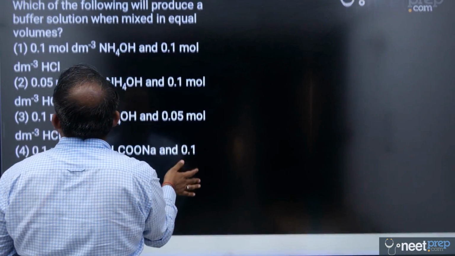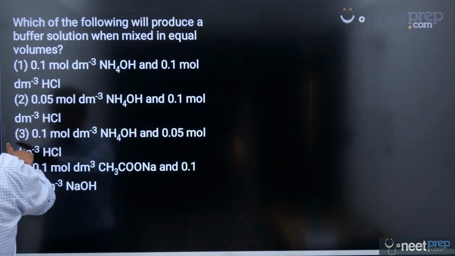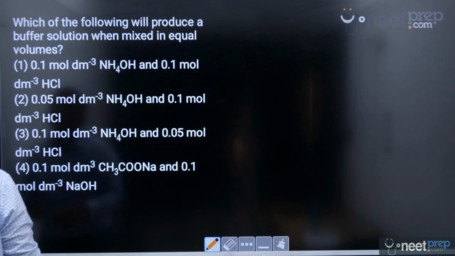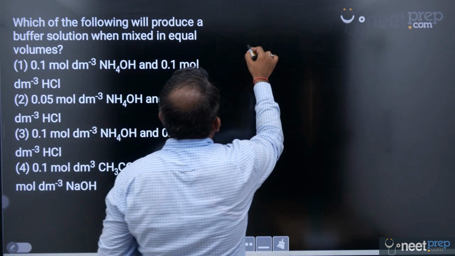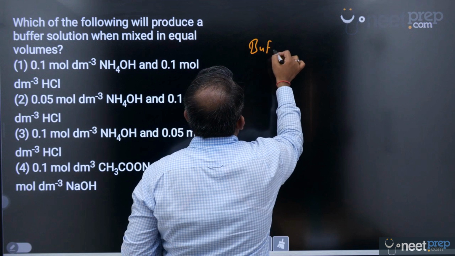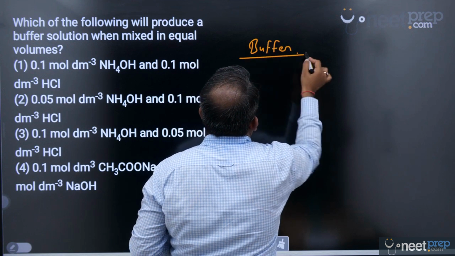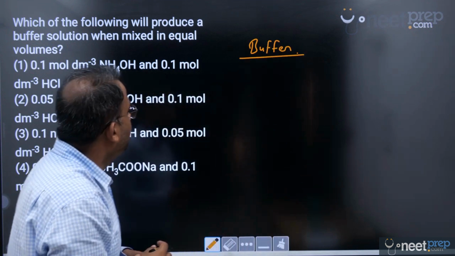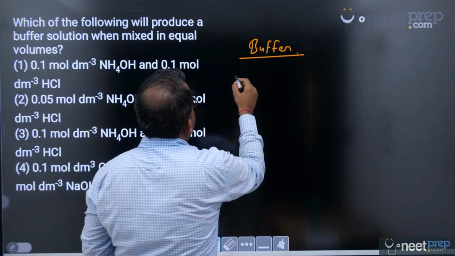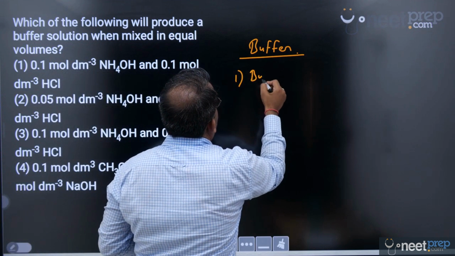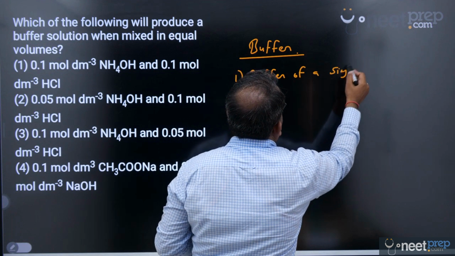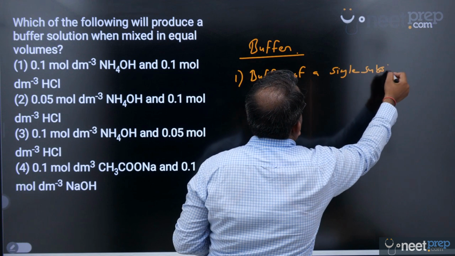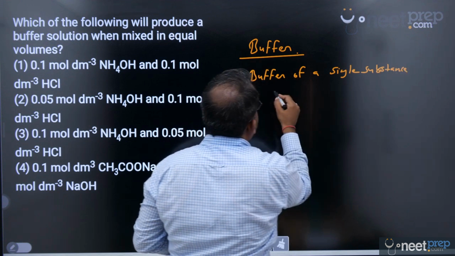Okay, now let's move on. Which of the following will produce a buffer solution? Now a buffer, let me give you some information. I'm not going to discuss buffer thoroughly because it will require at least 1.5 hours. Buffer is of two types. Buffer of a single substance, which is a salt